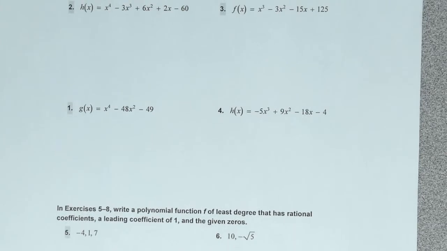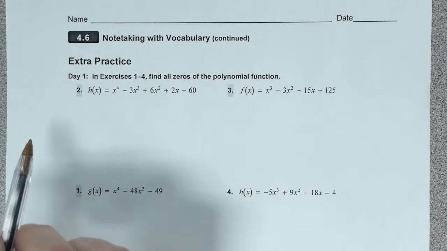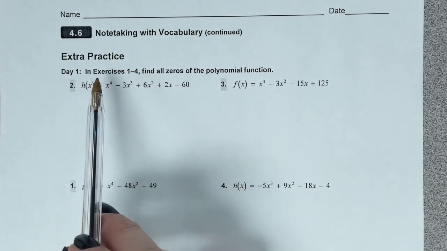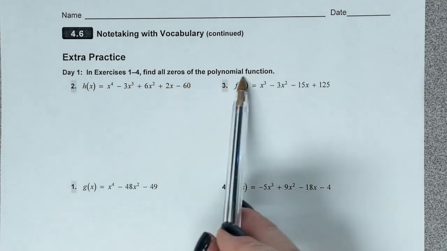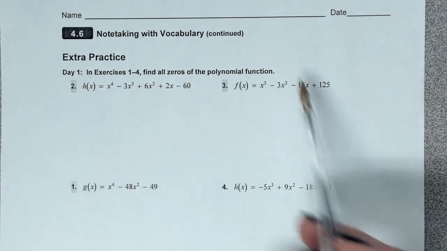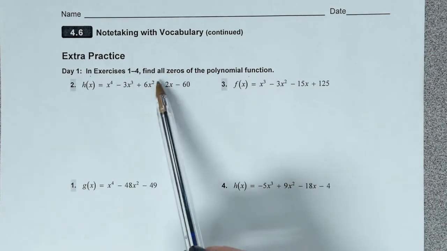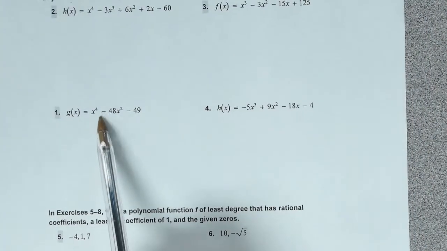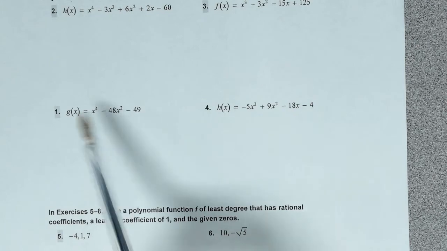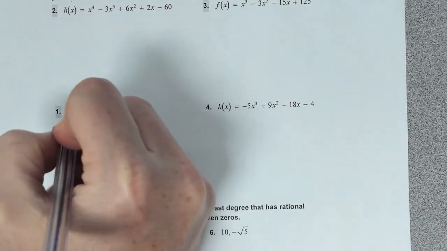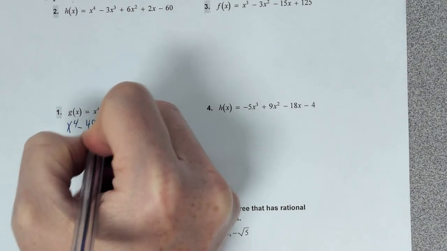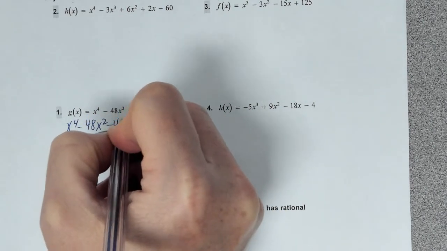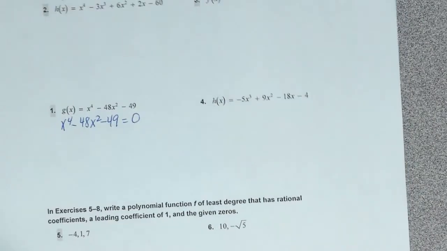Let's go over here to the last page, 105. We're going to do some of these. So in exercises 1 through 4, find all the zeros. I'm changing the order in which I want to do these. I don't want to do this one first. I want to do this one first. If we're asked to find zeros, that means the first thing we're going to do is set the function equal to 0. The reason I chose to do this one first is because I wanted to remind you of the ways we